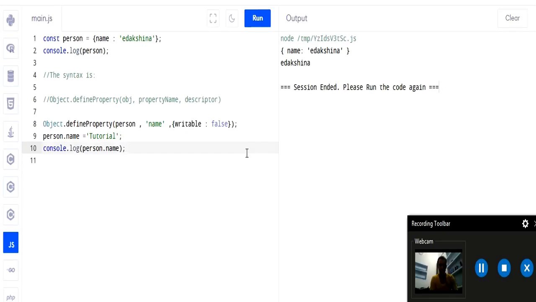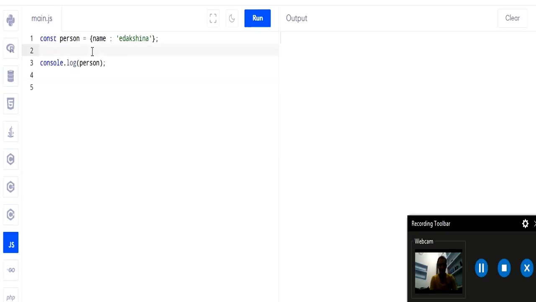All right guys, now we have to check the attribute enumerable. Okay, so let us remove this much and clear the screen. Now we have this object person, so we will add some more properties in it so that we can see how iteration is done in this person object. Okay, so comma age, okay, then some other property, suppose city Delhi, okay, and one more property country, which is India. Okay, so we have our object now with some extra properties, name, age, city, and country. Now we will use a for-in loop and see whether it iterates or not.